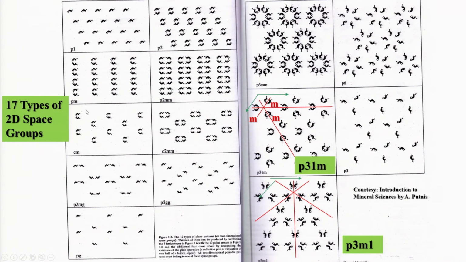And if you have this particular part, and you can also have this particular translation, you generate this particular pattern. Then if you can translate this along this direction of B, such that if this is the B unit length, then twice of B is somewhere here, and the angle between A and 2B we take as theta. So, cos theta is equal to A by 2B. If you have that, then you generate this